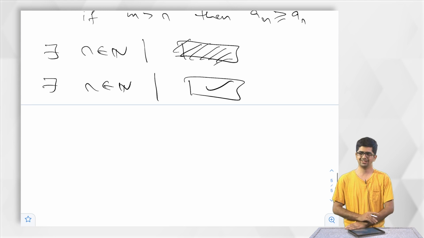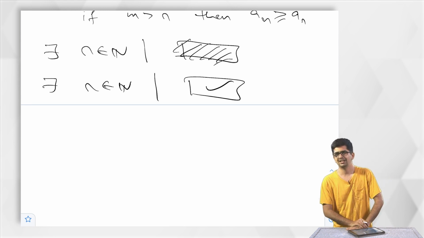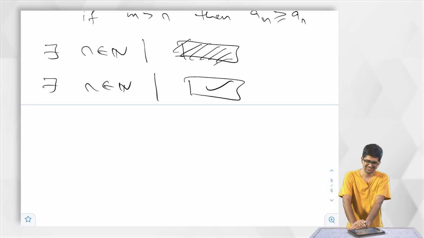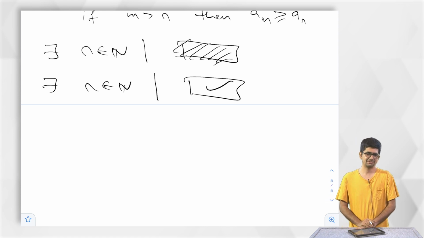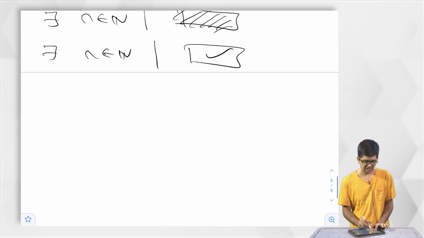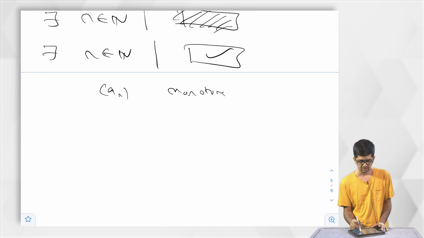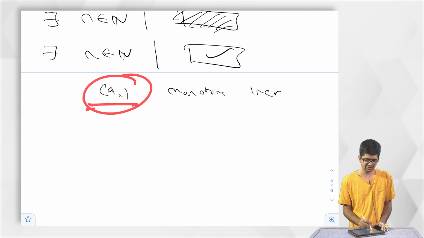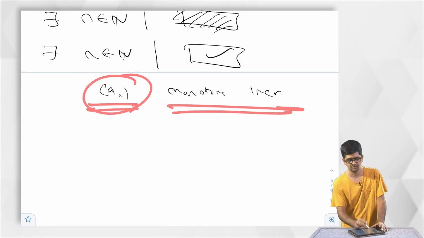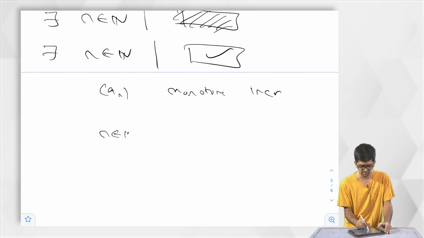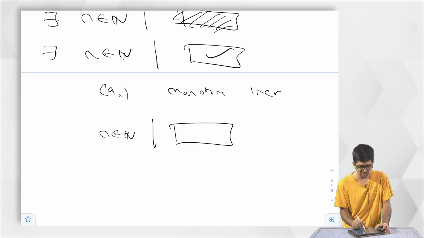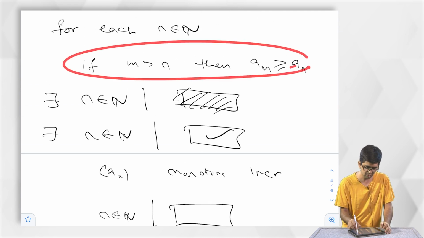So let us estimate the damage, how much damage has occurred, or if you want to hear nice things, let us estimate the deviation. The deviation of a_n from being monotone increasing. The deviation of this sequence from being monotone increasing. So, how do we calculate that? We collect all elements n belongs to N such that whatever you have written here, we want this to be true.